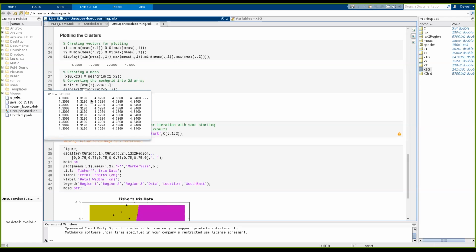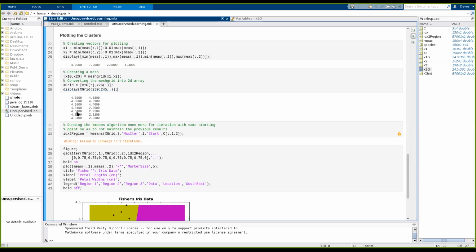The x values are increasing from 4.3 then to 4.31 and on, and the corresponding y points, as you can see, increase to the maximum 4.4, then again go back to 2. So it's basically each value of x has a corresponding each value of y. Like each value is mixed and matched, for easier plotting and all.